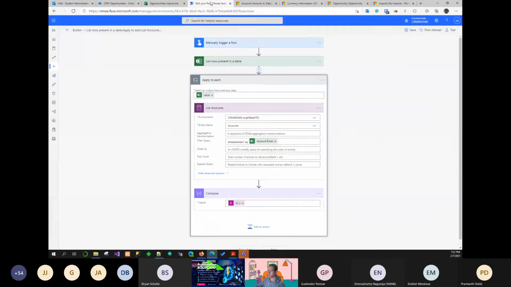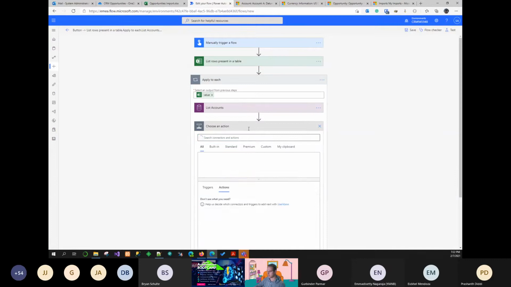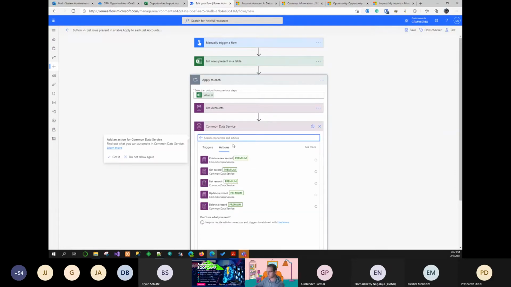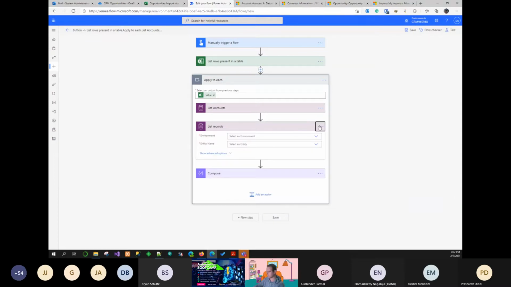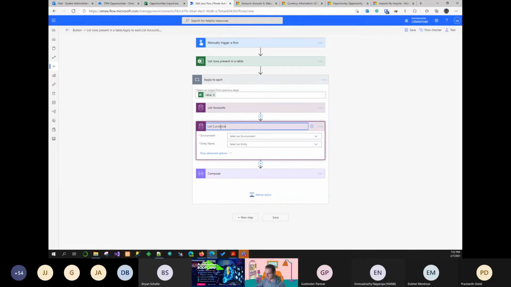So we'll create again a new step, the list currency, as the list account. But this time we will connect to Common Data Service. We'll use the list record step. Once again, I will rename this to list currencies. Environment will be the same one. Entity is